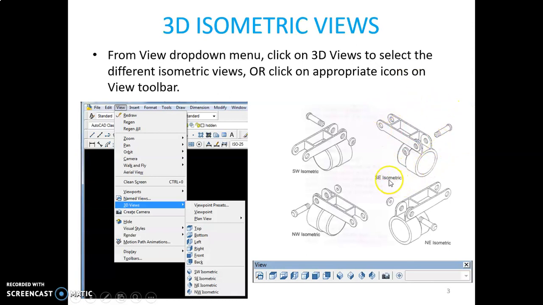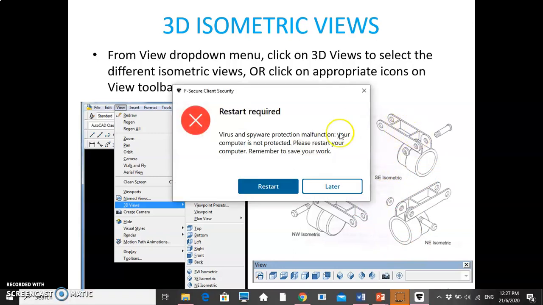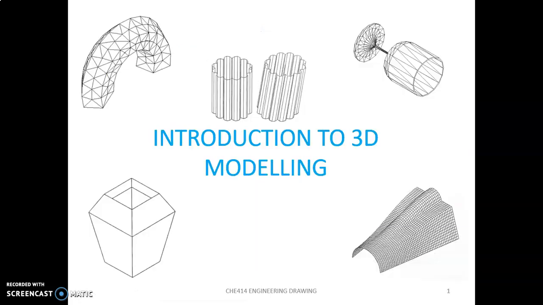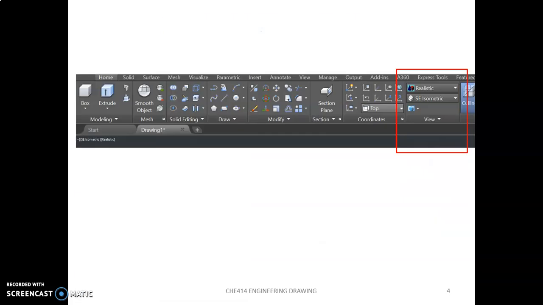So this is the difference between SE, SW, NW and also NE. SE means South East isometric. Okay, so change to SE isometric. Next,